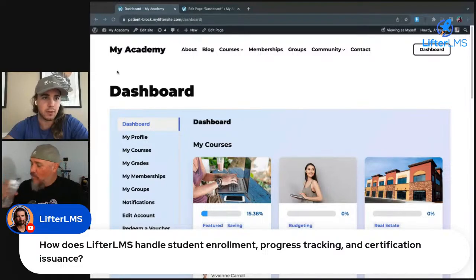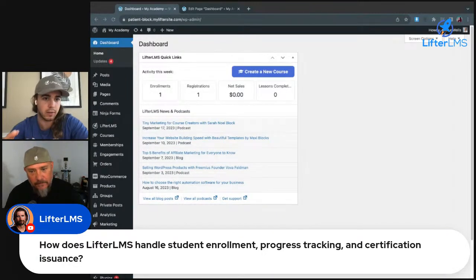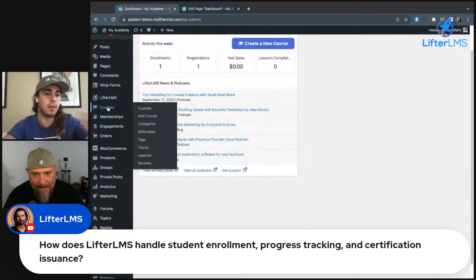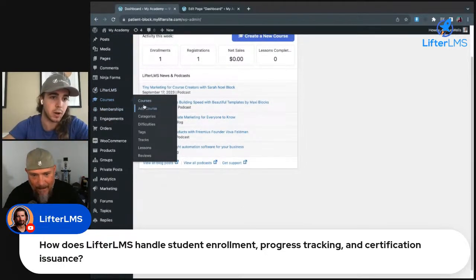Student enrollment. So LifterLMS has the access plan system for student enrollment. This is something that's new to WordPress, that's introduced with an LMS system. And that is the idea that people will sign up with their email and password. You could create a basic WordPress website that's like a blog, or even create a shop with something like WooCommerce, where people can buy, send you their address in their purchase form, and then you can mail them a physical product. But LifterLMS adds an extra layer to that, which is the password component of, when users sign up to your website, they create a username and password that they can use to log in later, and then the website can use to track their progress of the courses.